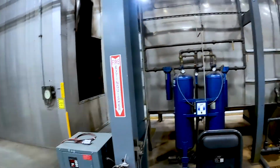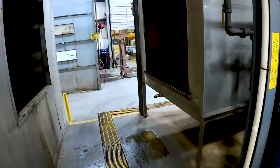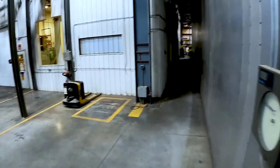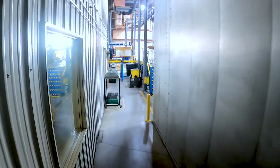Once it comes out of the wash system here and it's been pre-treated, it then goes into the dry off. The dry off heats that part up to 275 degrees. Basically, the point is to try to boil out and heat out any water that's in that part. It does about 80–85% of the water. Now, it won't get it all out. There'll still be some water in little cracks and crevices and little imports like that, but once it's gone through the drying system, gets up here to the plugger,